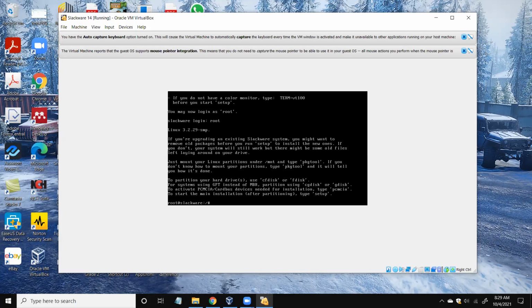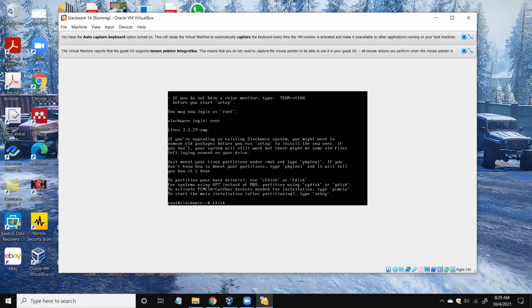So now you are in the Slackware initialization stage, right? So the partitioning tool that we are going to use is called fdisk. So when you type fdisk, right?